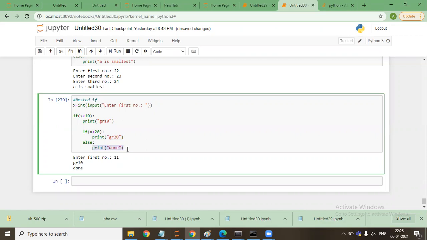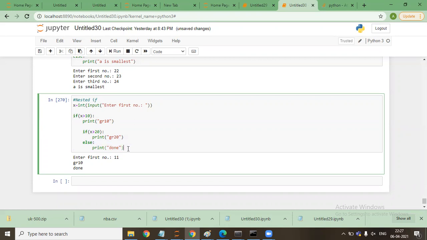Yes, sir. Sir, can you explain once again? Okay, so the thing is, if I say if x greater than 10, whatever things I have started within this if will be the part of this if only. If this is executed, then only these statements will be executed depending on the conditions. But this if will only be executed if this condition becomes true. If this condition becomes false, then after this if, only this else will be executed. So that's the thing that has been done.